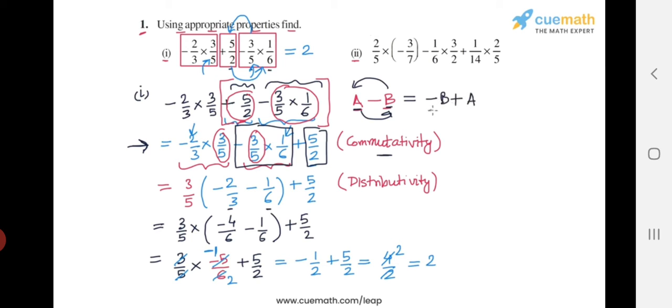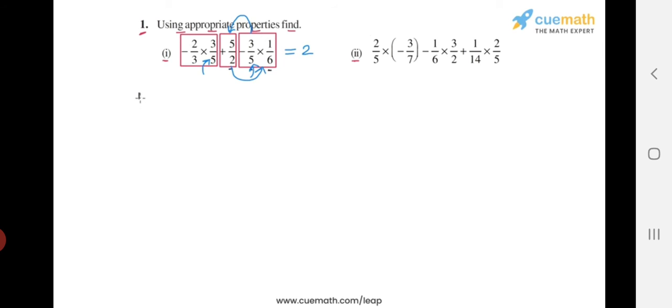And this is perfectly valid because here we are using the commutativity of addition. We can treat A minus B as A plus minus B, and we can change the order of the addition, and then it can become minus B plus A. So make sure that you understand this argument. Make sure that you understand that what we have done is completely correct.